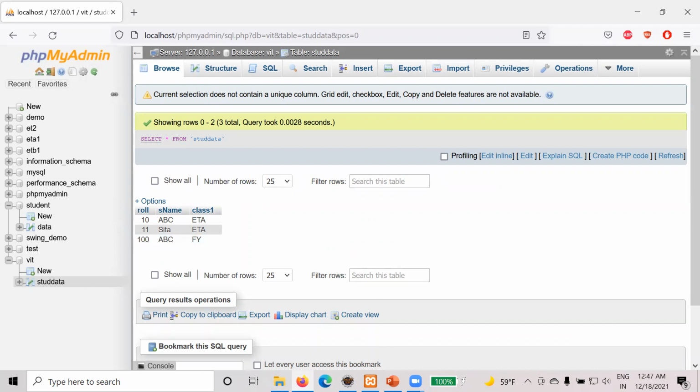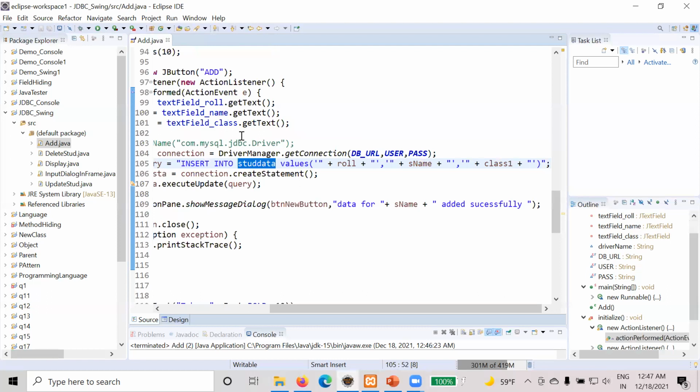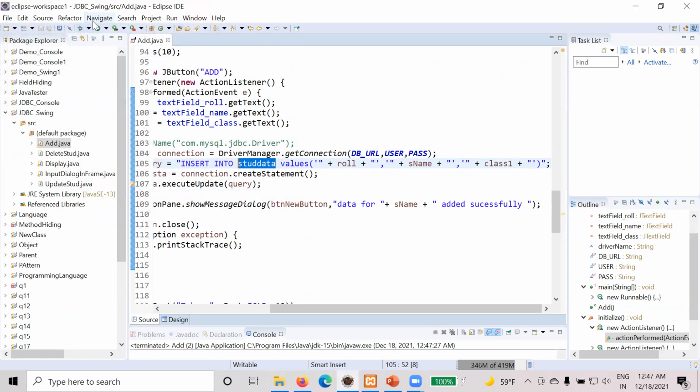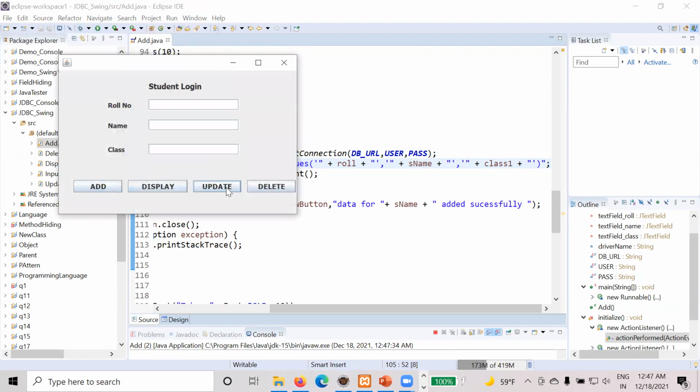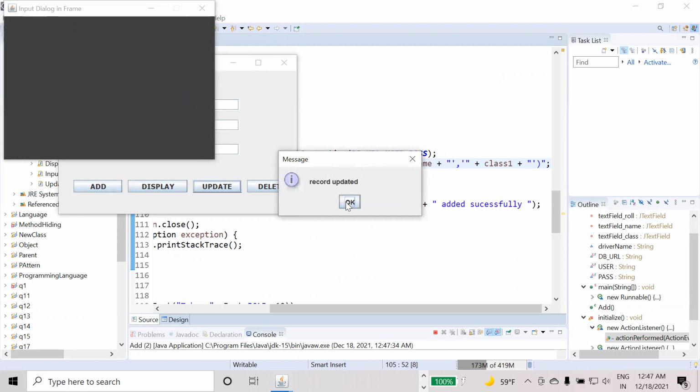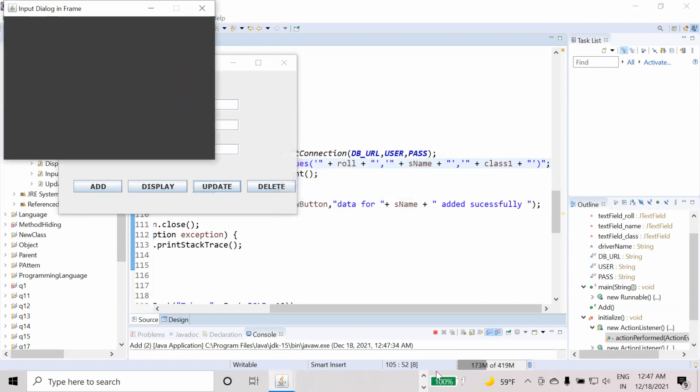Similarly, we can also view the data as I showed you. If you want to display the data, it will display over there. Then if you want to update the data, you just need to enter the details like 100 and okay. And now, I have added the name XYZ and it shows me the message record updated successfully.